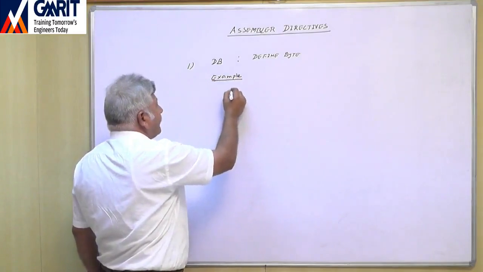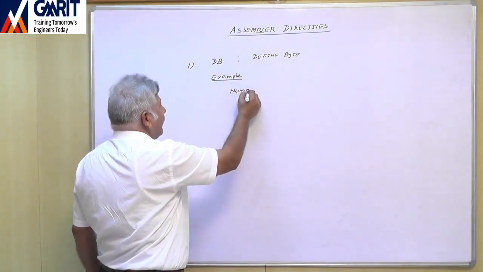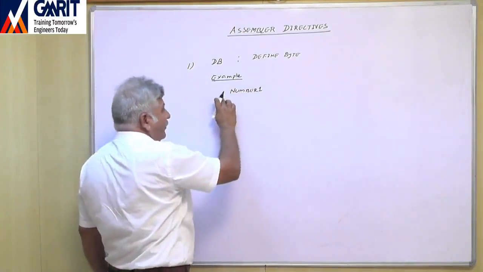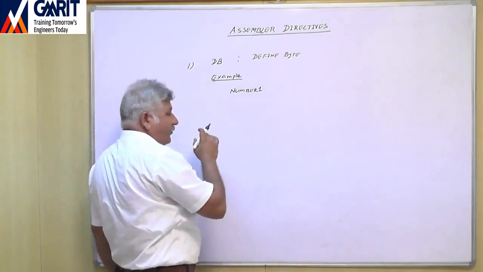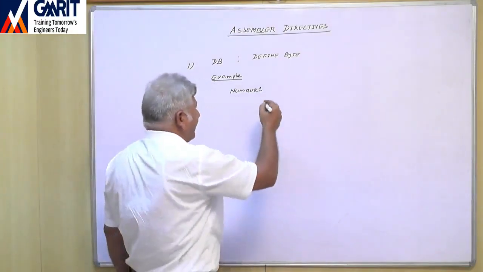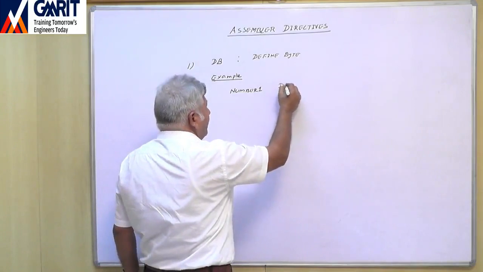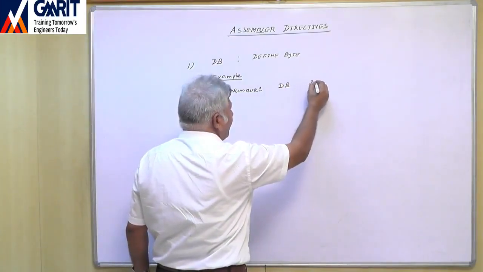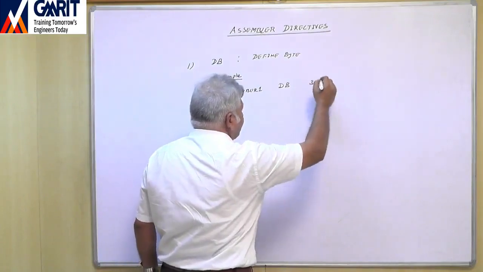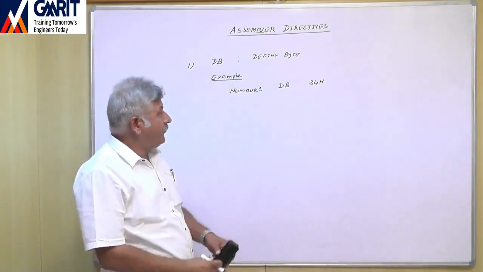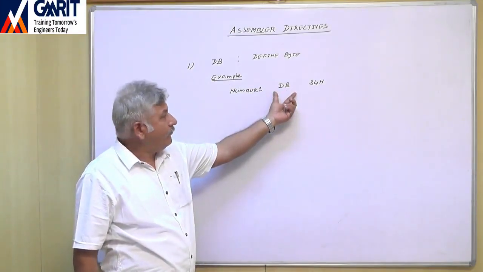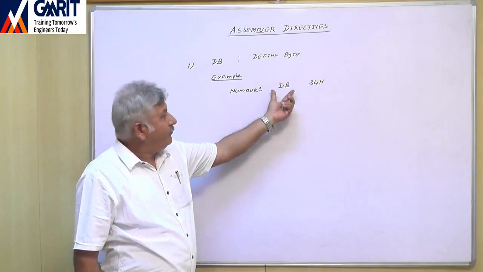is like this. Suppose number1. Number1 is the name we have given to some data. Then DB, and here we write the value. What is our data? Suppose the data is 34H. So here we have used the DB directive, define byte. So now what will happen with this